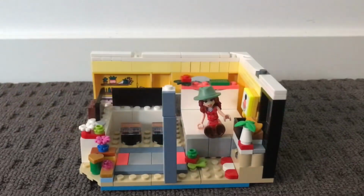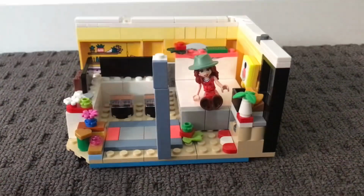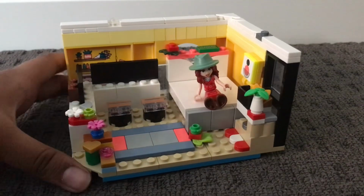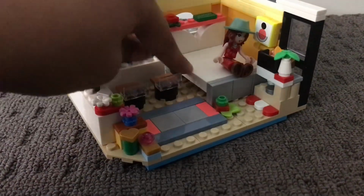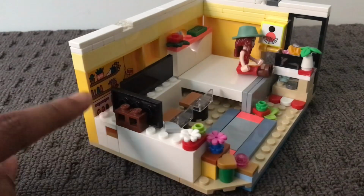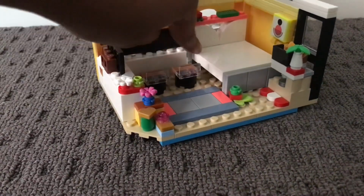We have another bedroom. So here we have a little character sitting on the really nice and clean white bed, and you can see the technique I've used. So this is actually a big panel piece which you can use for the wall, and it's exactly like this one but just in the color white. And I've just placed that flat,